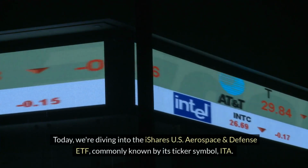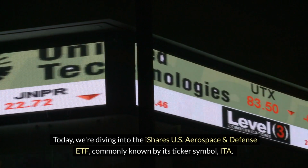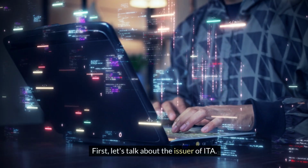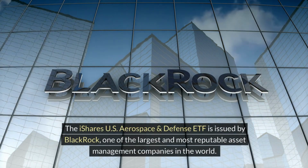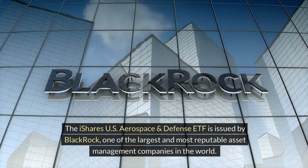Today, we're diving into the iShares U.S. Aerospace and Defense ETF, commonly known by its ticker symbol ITA. First, let's talk about the issuer of ITA. The iShares U.S. Aerospace and Defense ETF is issued by BlackRock, one of the largest and most reputable asset management